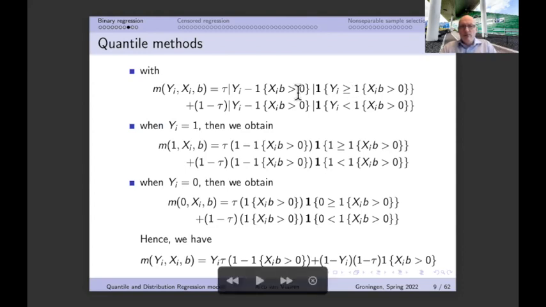But this looks pretty difficult. This looks, I would say, even quite horrible because we have here even indicator functions within indicator functions. So we should realize that this doesn't look so nice. But we should realize as well that actually yi can only take two values. It's either equal to 0 or 1. So therefore we can ask ourselves the question, can we actually rewrite this function a little bit at the moment that, for example, yi is equal to 1? Well, then the first thing that we can do is that we can simply substitute in here ones for wherever we see yi.